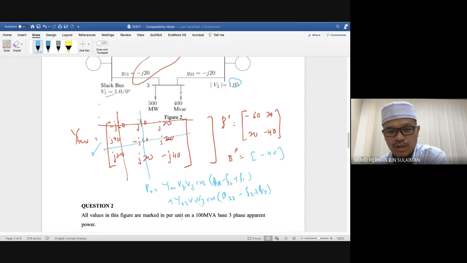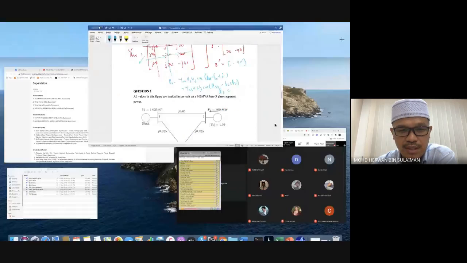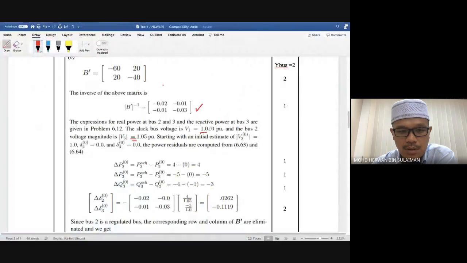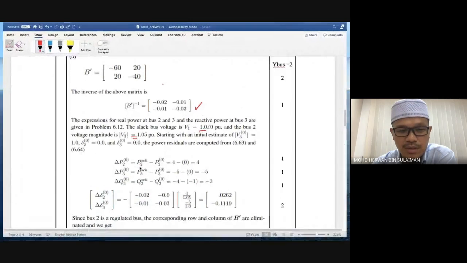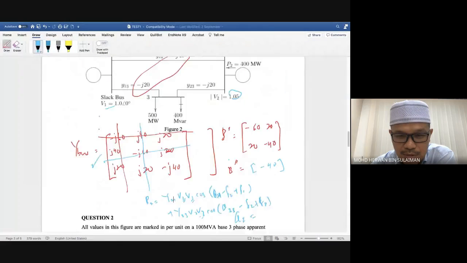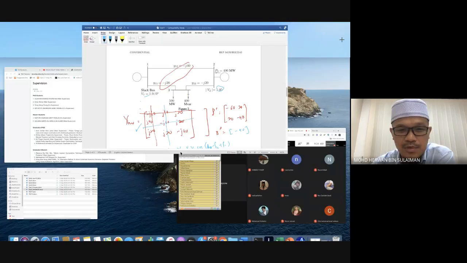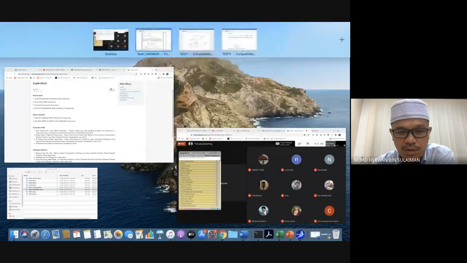Next you need to calculate your Q2 juga. Okay, so sama juga, cuma Q ialah sin lah. Q tak boleh sebab Q tu tak boleh sebab ni P diberi, Q tak bagi kan, so you tak boleh compare. So you buat P2, P3 and Q3. So that's why you dapat macam ni lah. So kalau P3